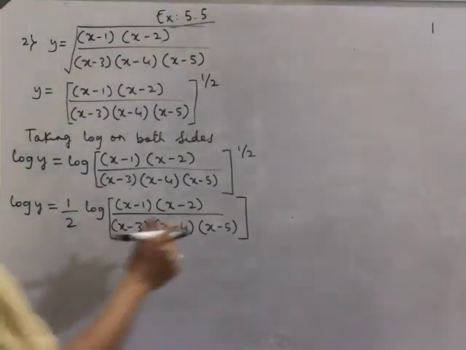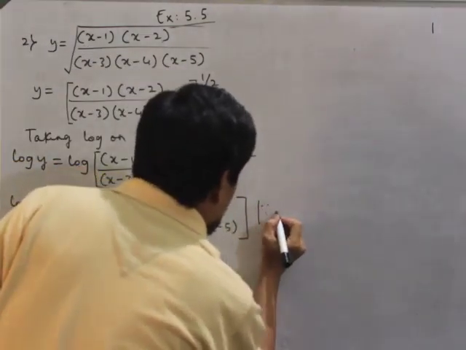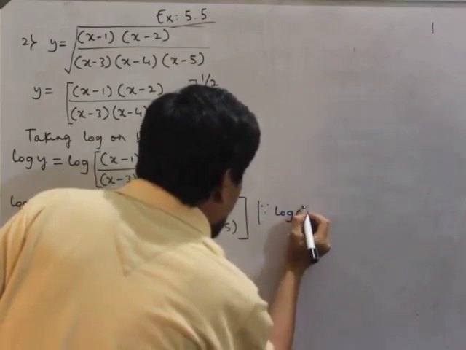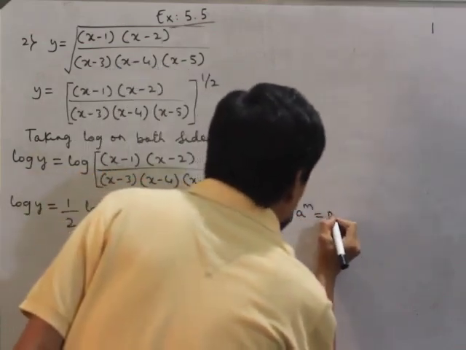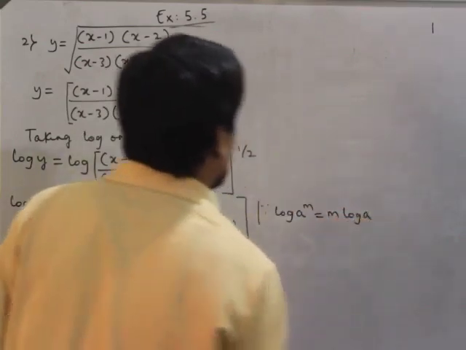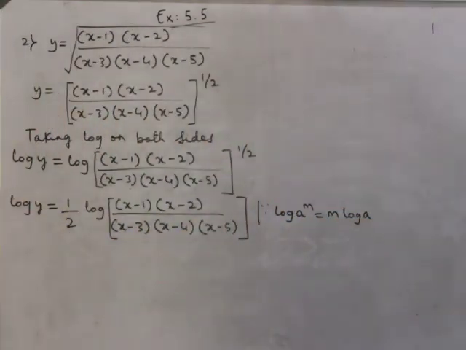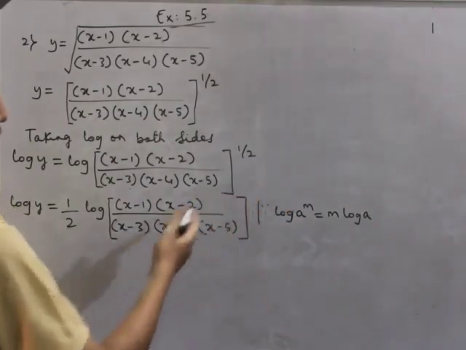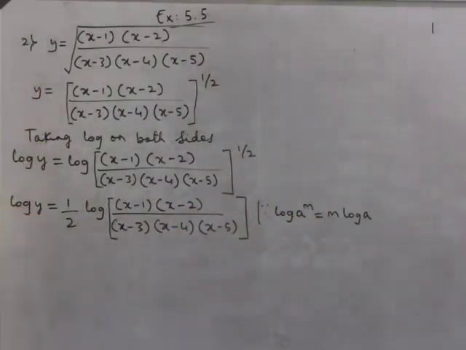So let us solve it, and here write the justification, because log of a raised to m is equal to m log a. You can write anything, that is just for your understanding. You can write it as log of a to the power of b. So why did I use m and n? They are the standards which almost all textbooks take, log m, log n. So that is the reason I have written it like that. Log a to the power of b, b log a. It is up to you to take any alphabet there. Okay, next.